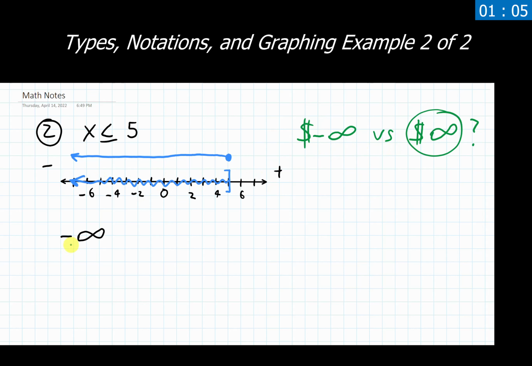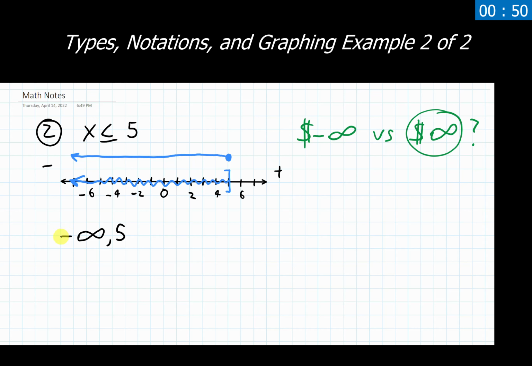Is it positive? Is it negative? Well, which way is the arrow facing? Make sure we do include that in there. So that's our lowest value. What's the largest thing that we could possibly get to? It looks like that's going to be 5 here. So we'll write that in.